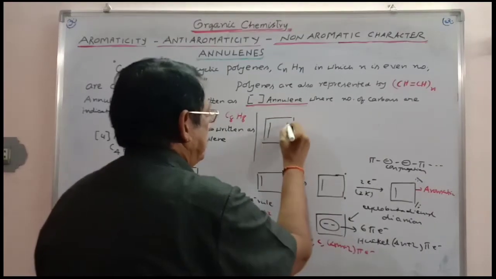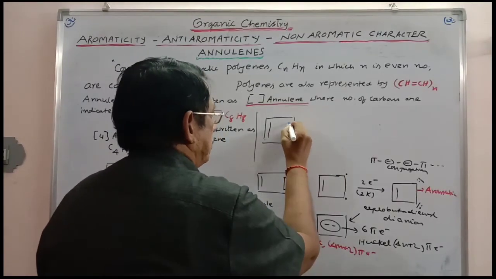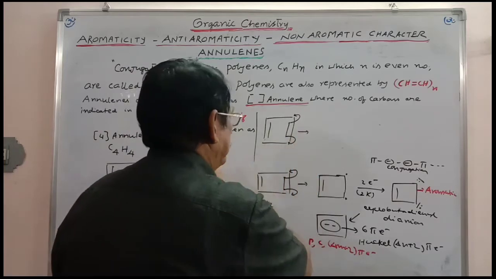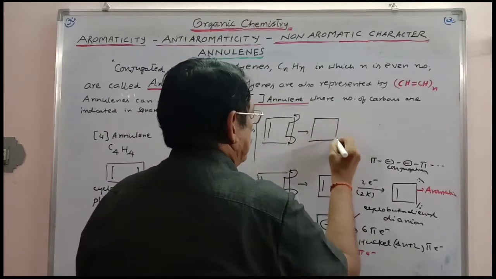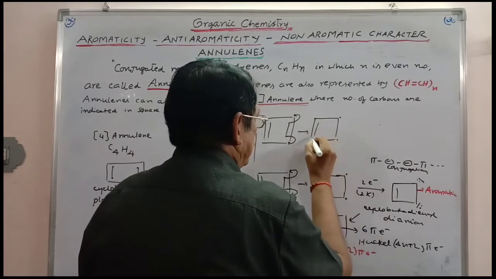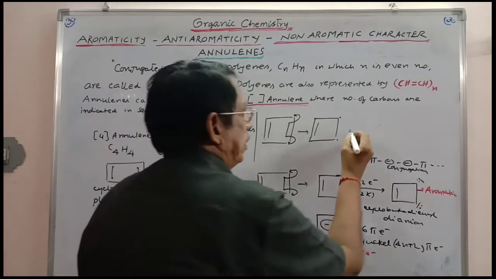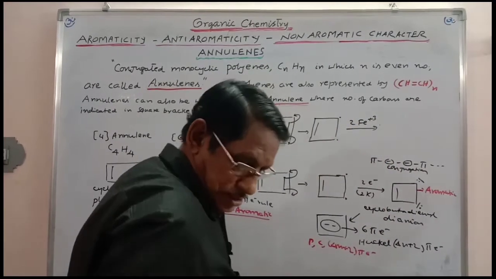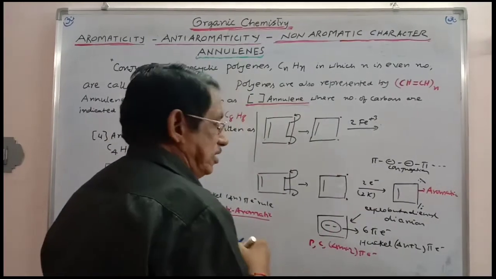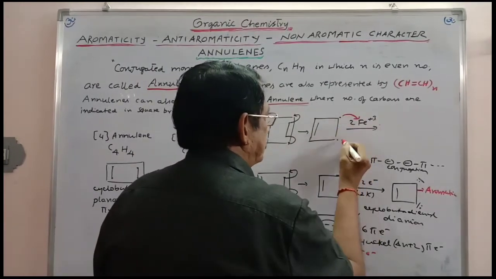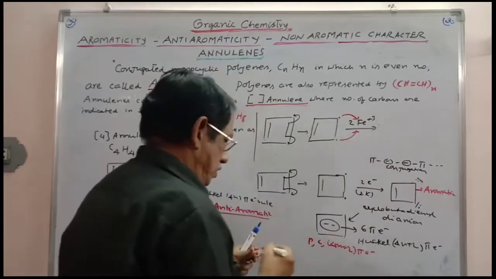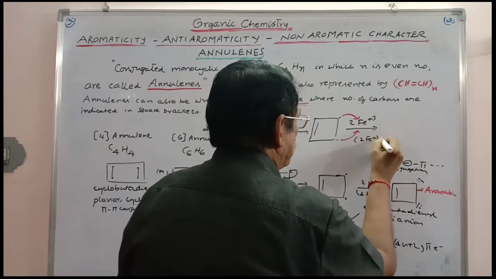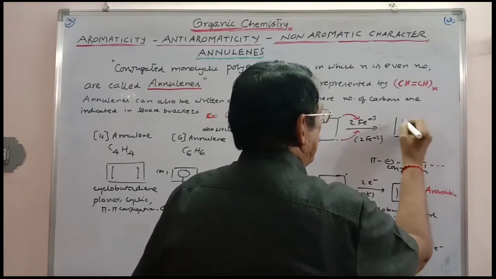Cyclobutadiene, once again I am writing here. These electrons are taken away, for example in this fashion. So you will get biradicals here. When it is treated with Fe3+, these 2 electrons are lost. It is also able to give salts with metal ions. It is converted into 2Fe2+, and it is converted into a cation.